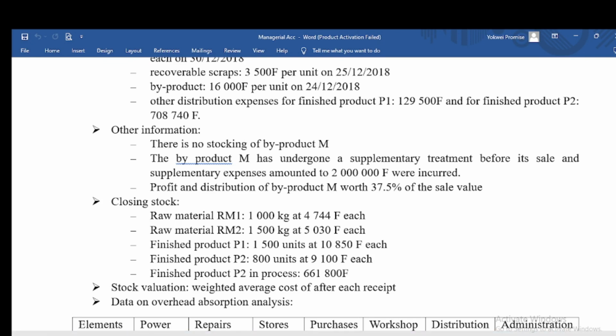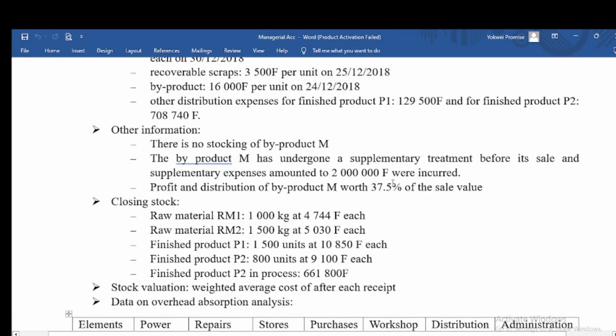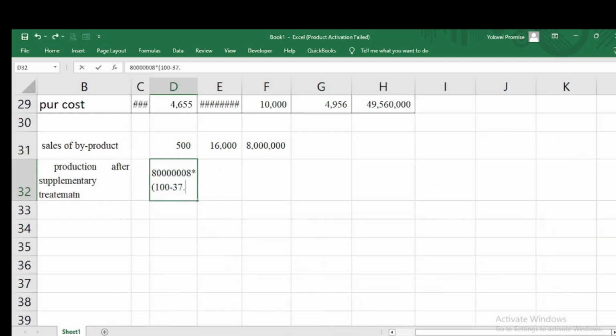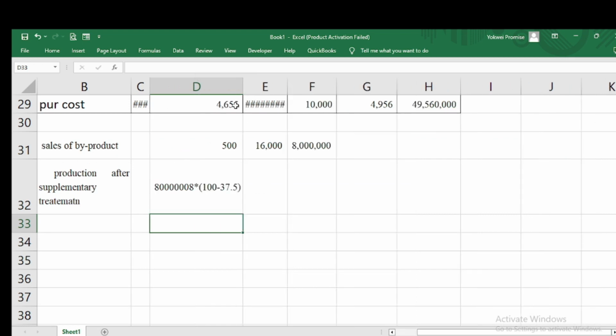What is left for the supplementary treatment is the percentage that was not distributed, which will be times 100% minus 37.5%. So this is it. We are going to have the answer here, equal to